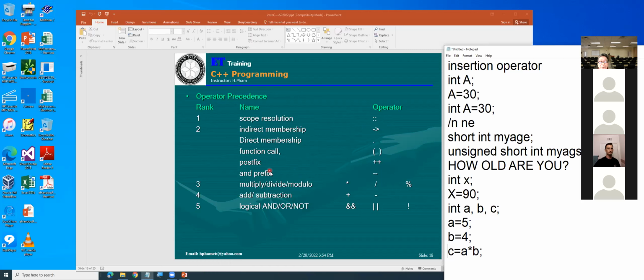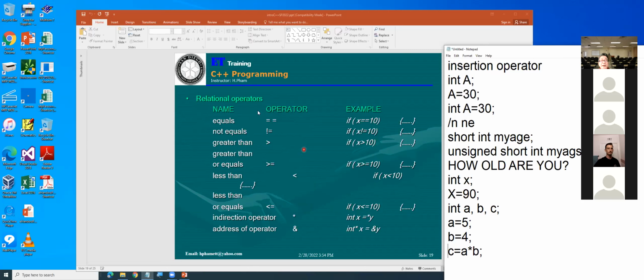Postfix plus plus, prefix minus minus, multiply, divide, modulo. That is simple. Add, plus, subtraction, minus. And the logical operators: AND gate, OR gate, NOT gate.